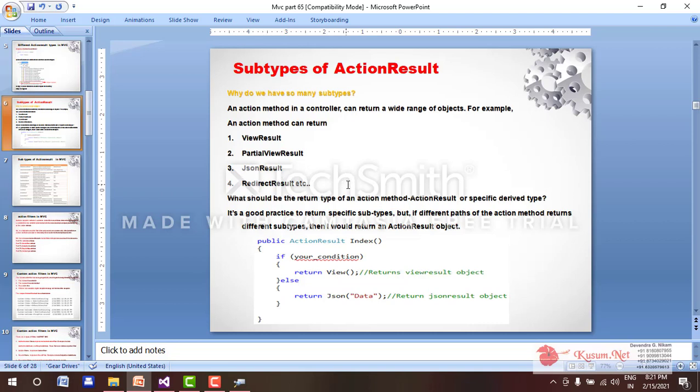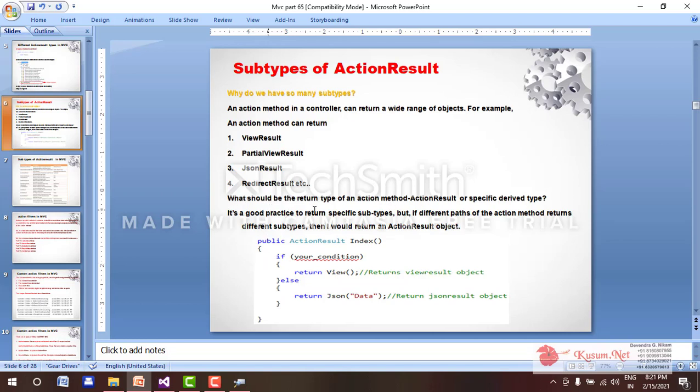So there is more than one subtype. View result uses the view helper method, partial view result uses the partial view helper, JSON result uses the JSON helper, and redirect result uses the redirect helper, like that.